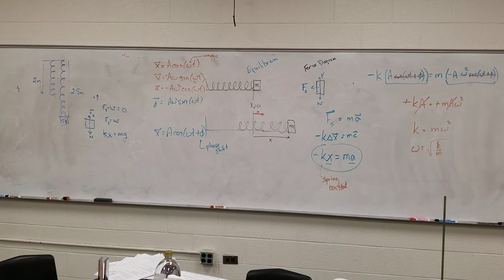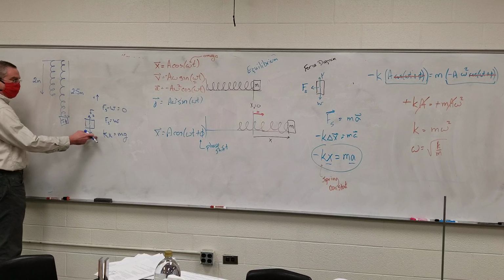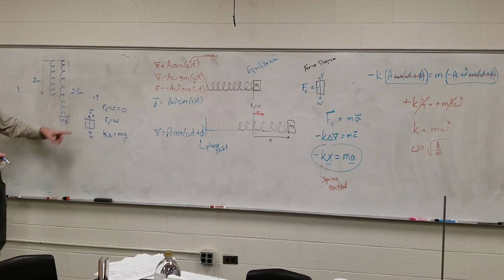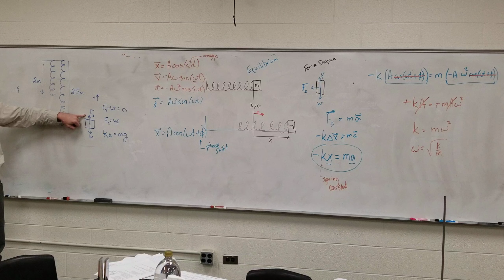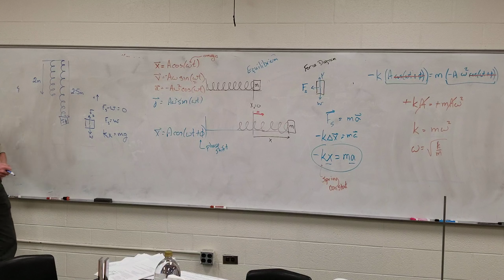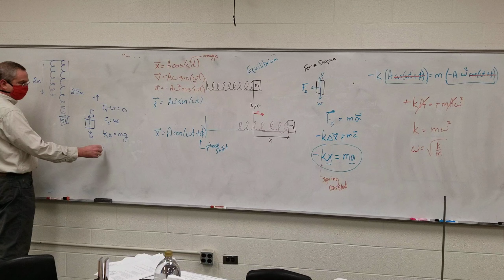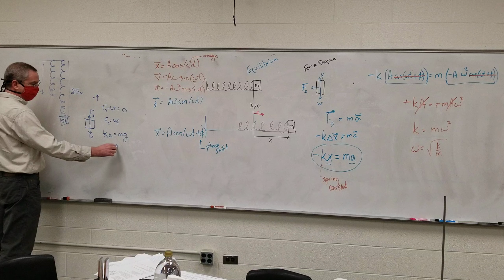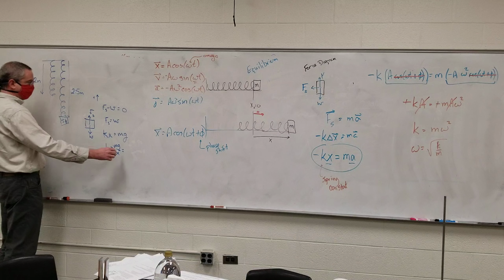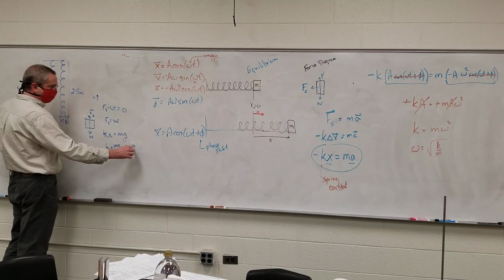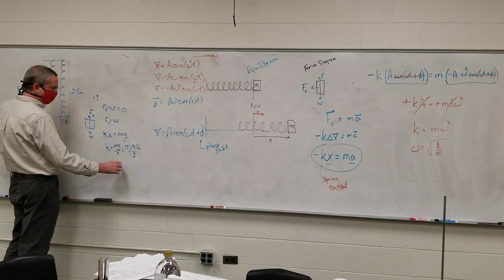Different from what we had over there, because 1, I wasn't dealing with weight, although that's easily dealt with. And 2, that is not in equilibrium over there. But this is. Now, I didn't put in negative Kx, because the negative just tells me the direction, and I already identified the direction here. I know it's going that way. So displacement would be 0.5, right? So K times 0.5 is equal to 5 times 9.8. Is this on Earth? Yeah, that sounds good. So 5 times 9.8 divided by 0.5, and we end up with